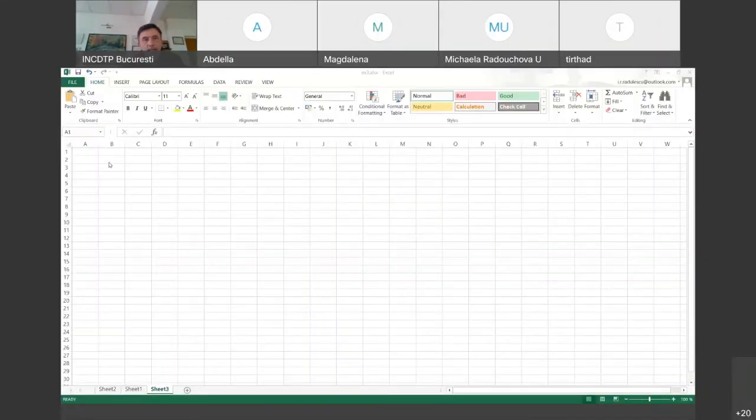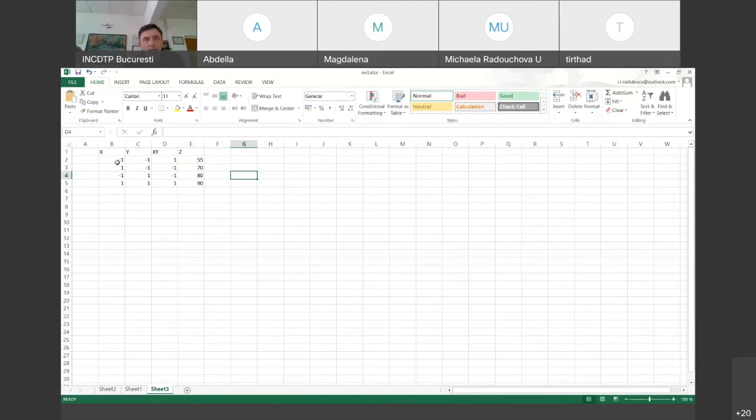Well, and now I hope you can see this worksheet in Excel. I can copy paste these values in an Excel sheet. All right. And then I write here that this is variable X, this is variable Y, this is the interaction X, Y, and this is the result variable Z. And